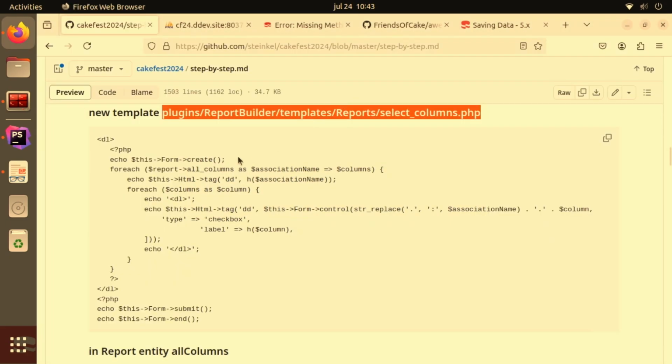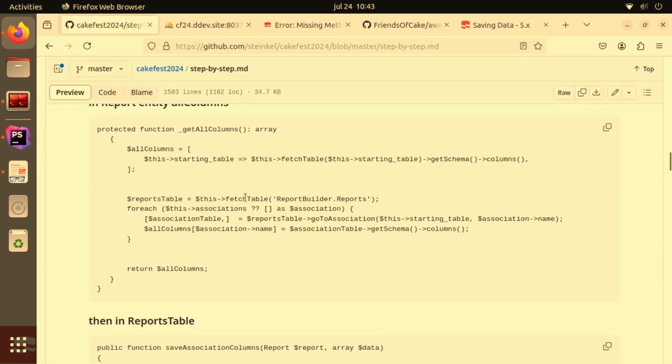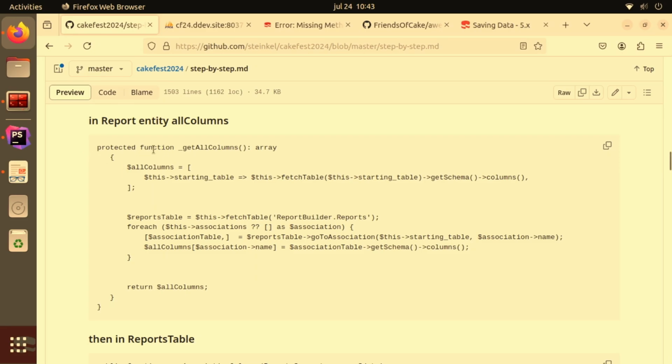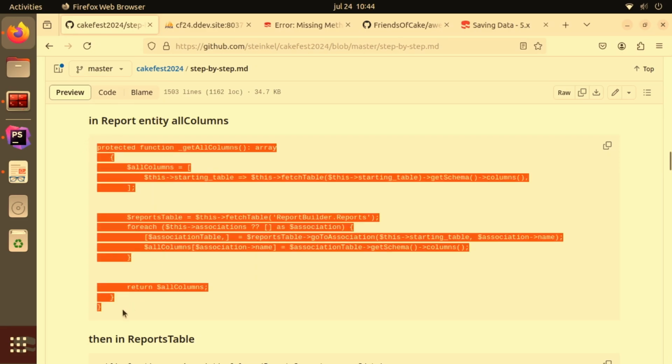So the last piece of magic in this file is how this all columns will work, right? This is actually a method that we need to create that is going to be an entity accessor. The entity accessor is a method you can use as a utility or for data providing or some other usages that is going to be used by CakePHP as if it was a column coming from the database. It is not a column coming from the database, but when you access the entity and you use that method, for example, all columns, this function will be executed. This is useful for data manipulation coming from a database or small utilities like this one to retrieve all the columns, for example. So if you go to the report entity,